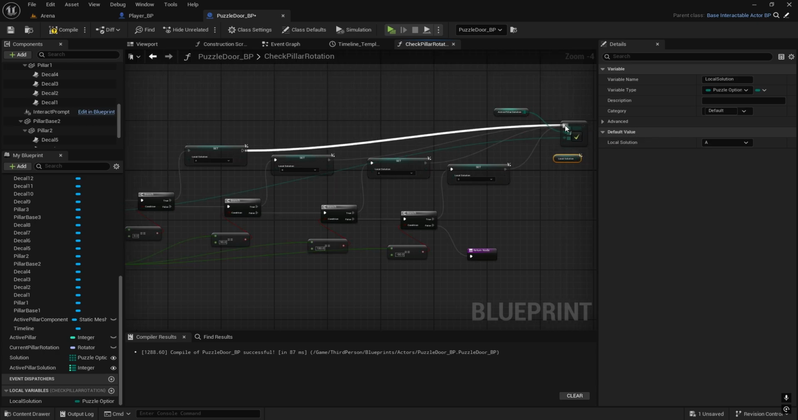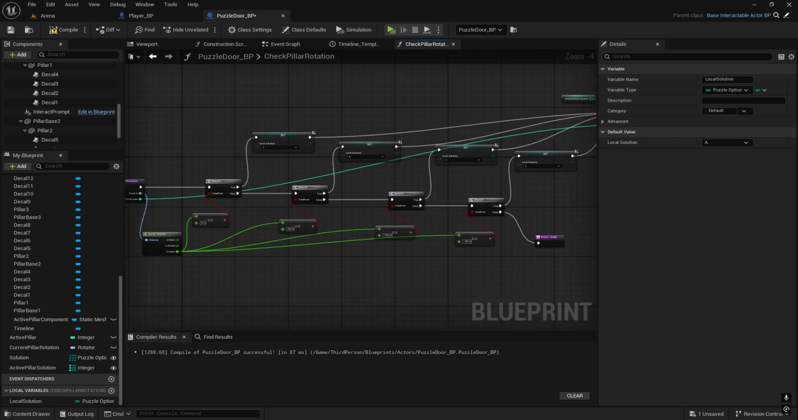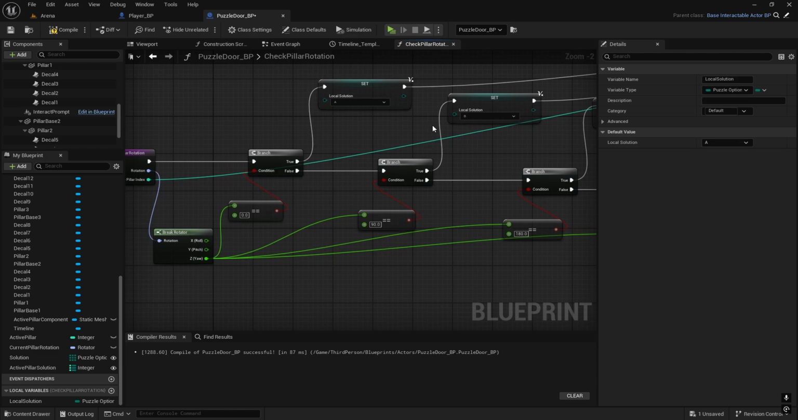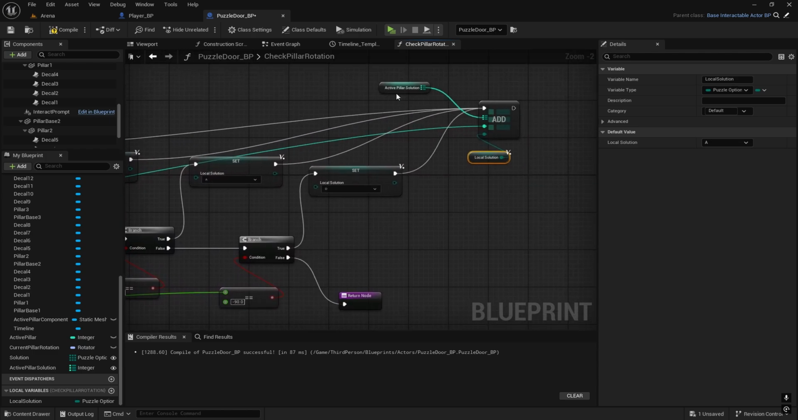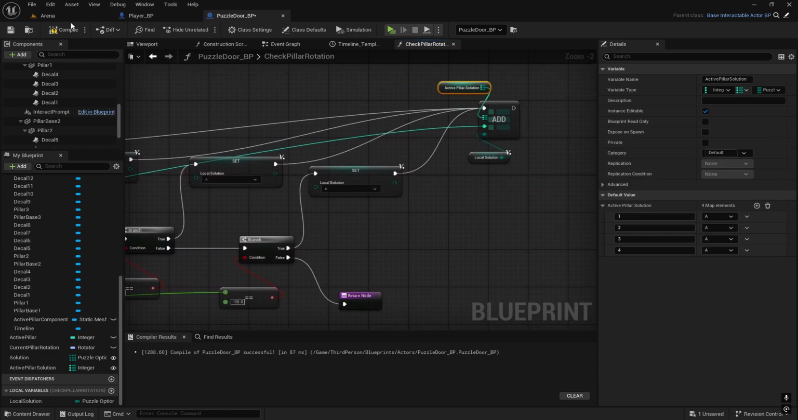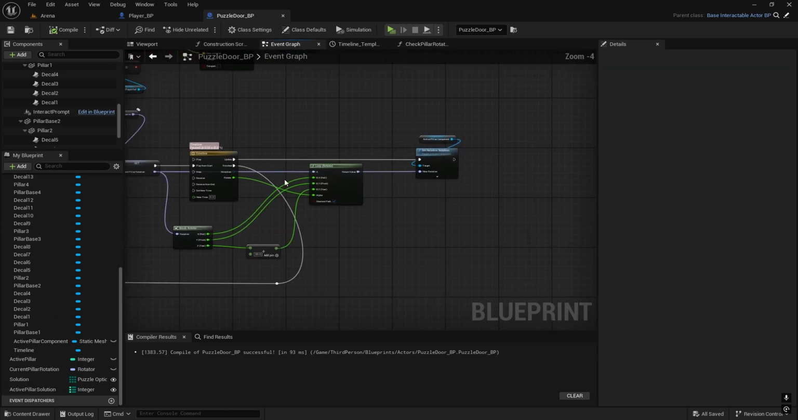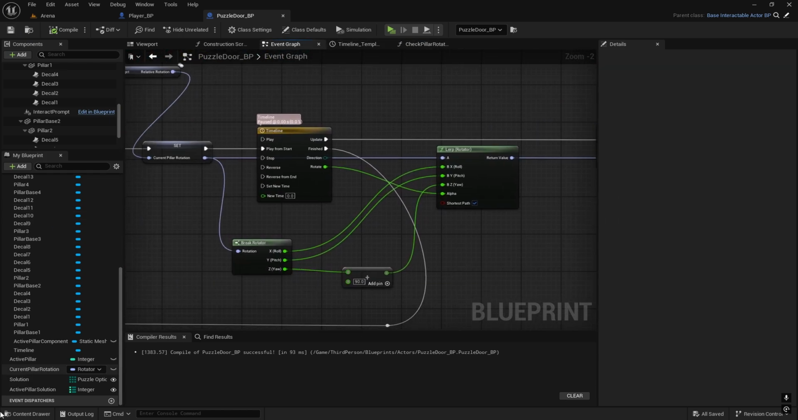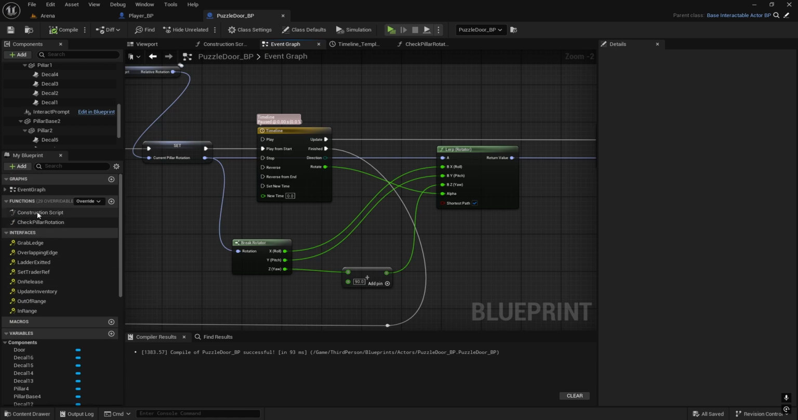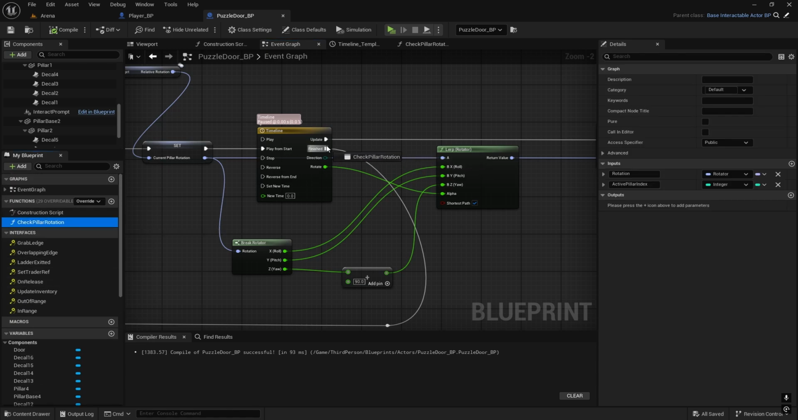So this will basically check, after we rotate it, what is the current rotation, and based on that it will select the option of the pillar, and we will add it to our map array so we know. And then if we go back to event graph, here we're going to connect it on finished, so check pillar rotation,